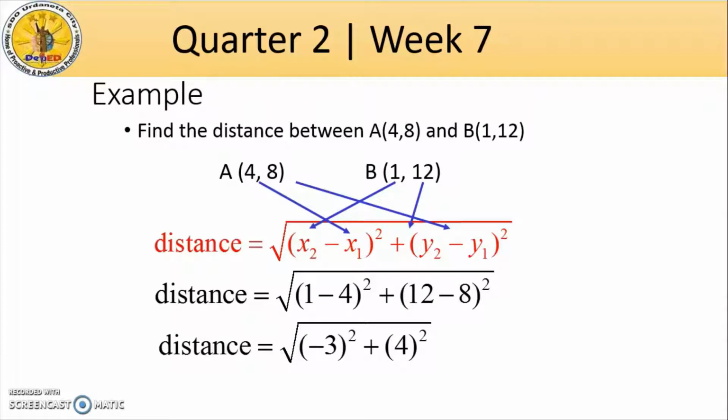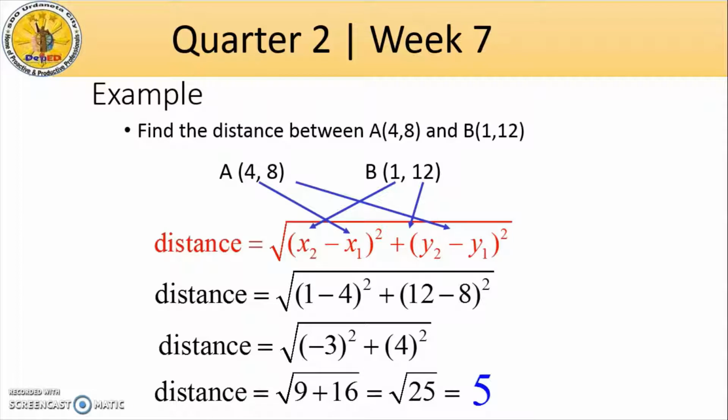Huwag mag-alala kapag negative yung lumabas, kasi i-square naman yan, ang lalabas is always positive. So, we have here 9 plus 16, which is the square root of 25, which is,